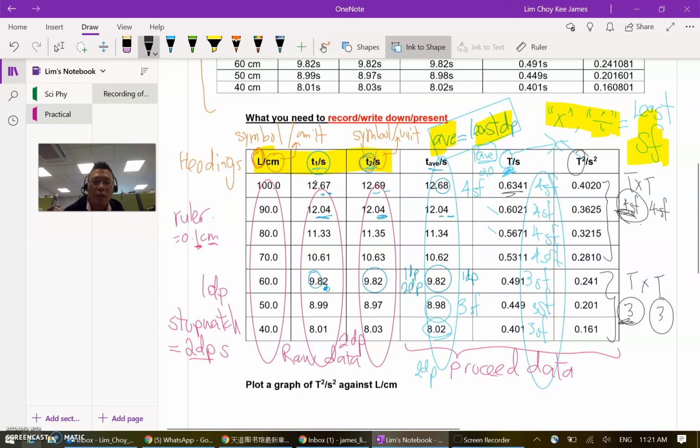So I repeat, in the table, generally there are the headings. You need to record in a certain style. Then you have the presentation of your raw data, which is presented according to the accuracy of your instruments. For the details, refer to your textbooks or your physics teacher. And the third one would be the process data, which is recorded according to the least SF for multiplication and division, and least TP for averaging. With this, we have roughly wrapped up the section on data recording.